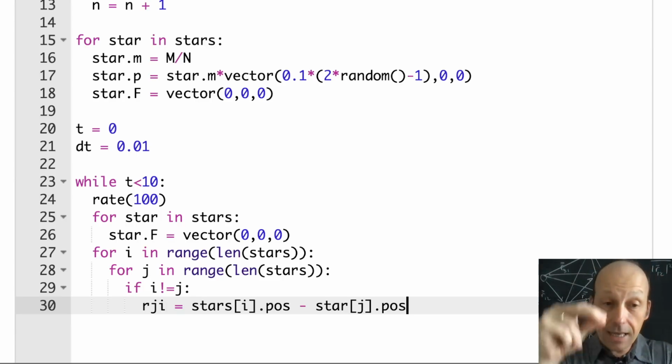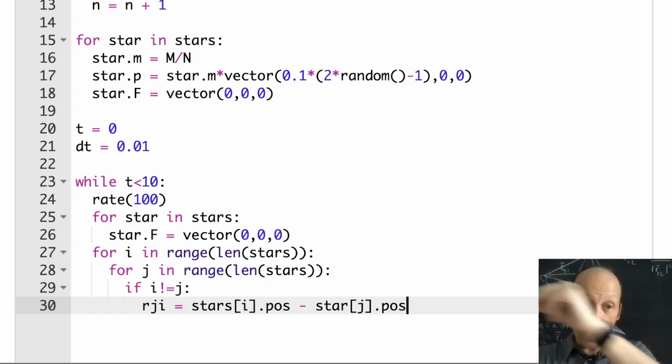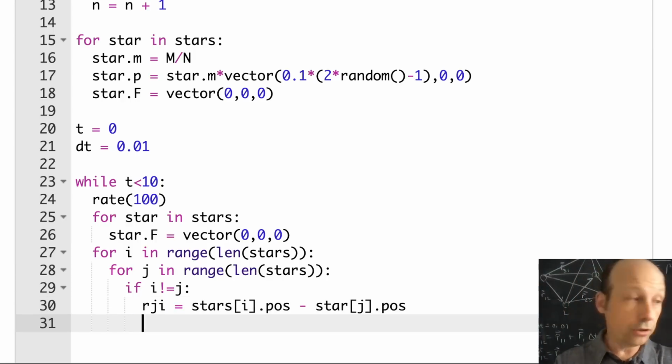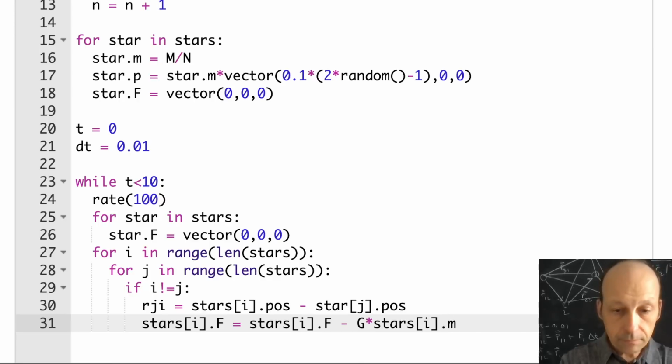Now I can take that vector, calculate my force and add it to the net force. This is the force on i. Stars i dot f is going to be stars i dot f minus G times stars i dot m times